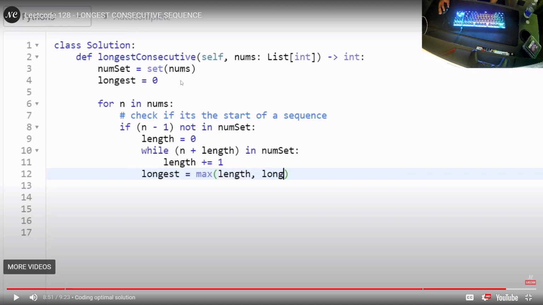Genius. It hurts my brain. I got the first idea of getting a set, but the way you visualized it in the code makes more sense. So if the nth value, the first value is 1 minus 1, so 0. If 0 is not in the list, then we start with 0. And we go all the way through. And then we're just going to see, while n plus length,